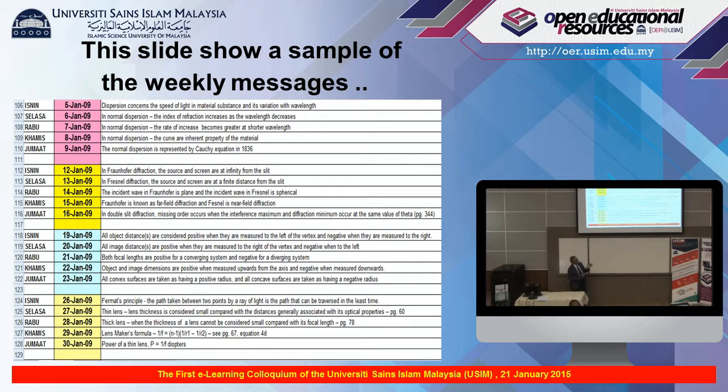In fact, if you look at this, these are all typed on the handphone. All these equations are typed on the handphone, and this refers to, let's say, the definition of something, page 78, page 78, page 78. This refers to the page in the book. So when you look at the message, they can open the book if they want.